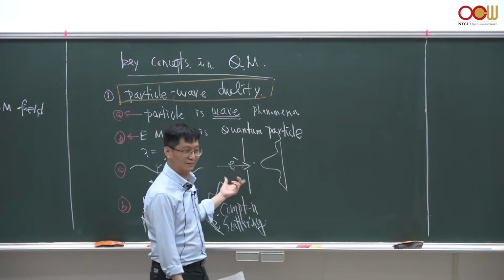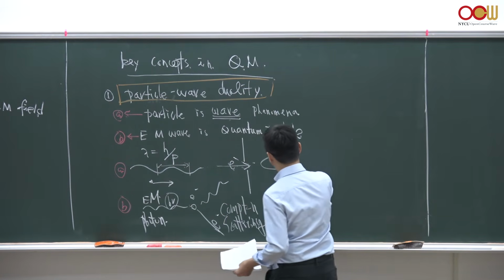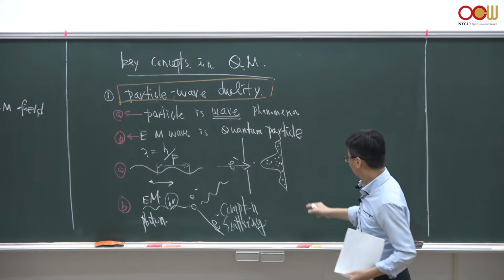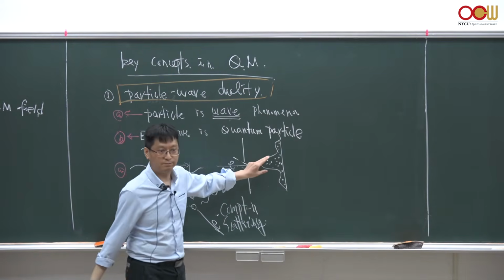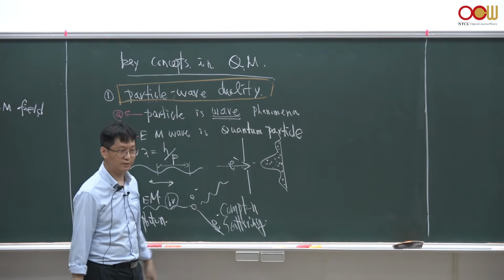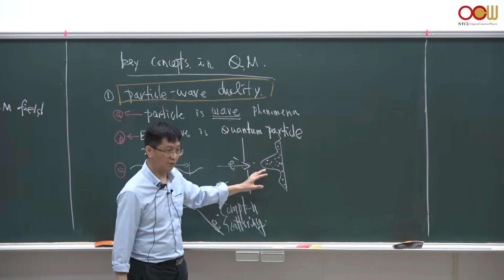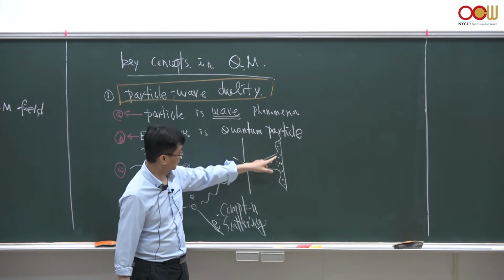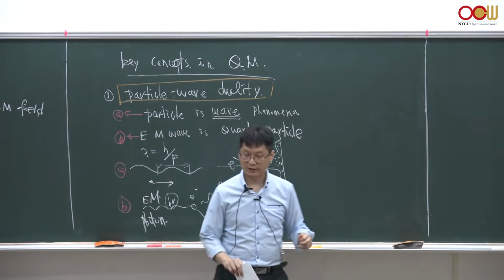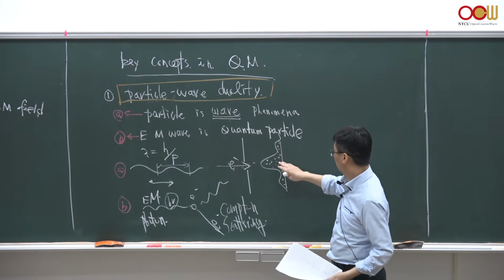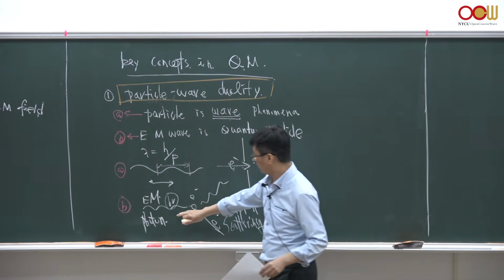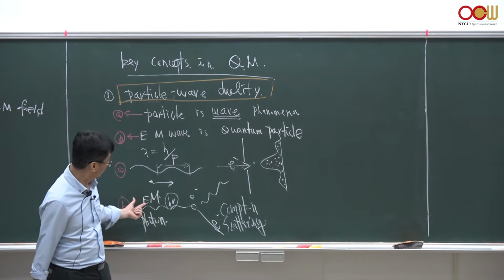But electrons are still electrons, so if you take a snapshot of this screen, you'll see many dots hitting the screen as time goes by. These dots accumulate more and more, and later you will see this accumulated intensity of the diffracted electron pattern, which exactly shows the wave-like feature. Likewise, the photon, the electromagnetic wave, is actually a wave, but if you allow this electromagnetic wave to hit the electrons,